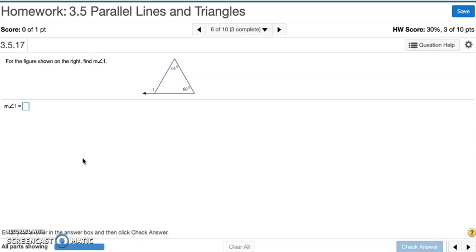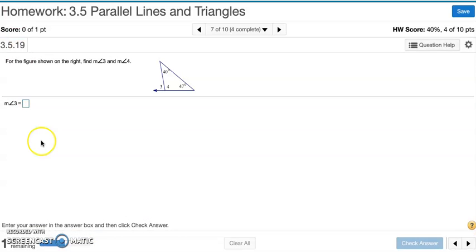For the figure shown on the right, find the measure of angle 1. Now, this is an exterior angle, and these two angles are the remote interior angles to that one. So to find angle 1, just add up 61 and 60, and you get 121. And that's number 6. Number 7, for the figure shown on the right, find the measures of angle 3 and